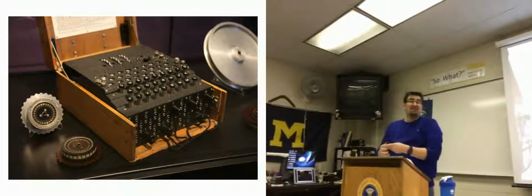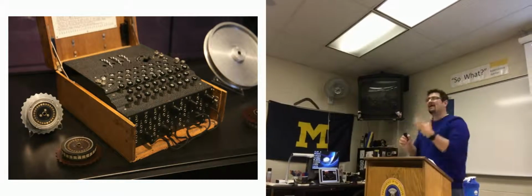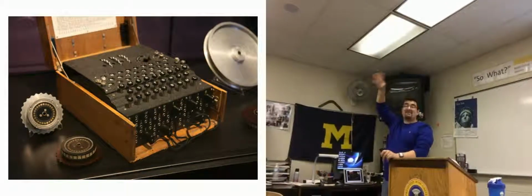Ultimately, the best way to crack this device is to figure out the way that the machine is set up every day. And finding out these keys was ultimately key. And fortunately, guys sometimes use...